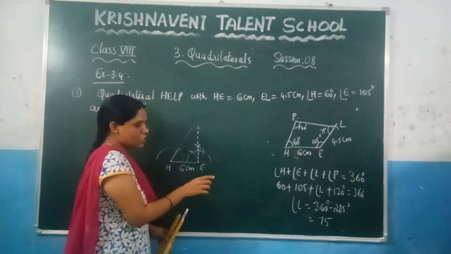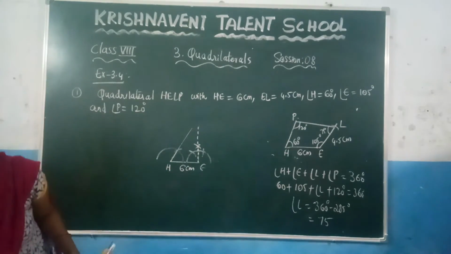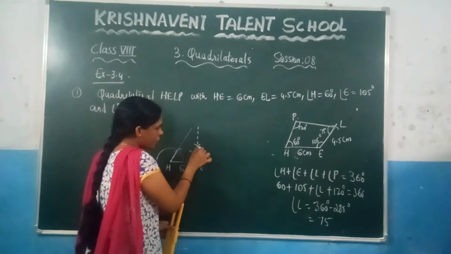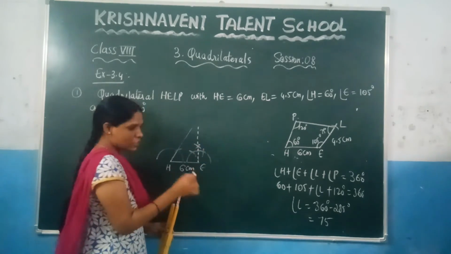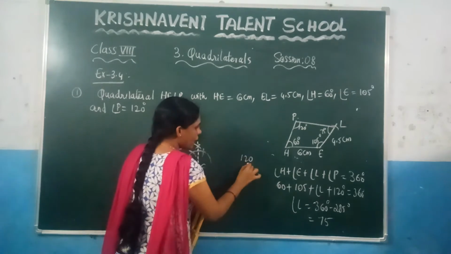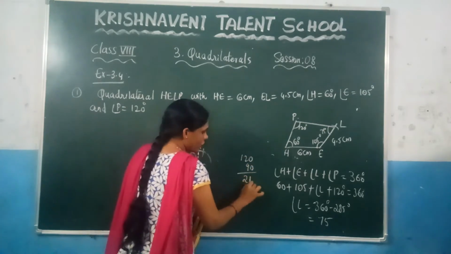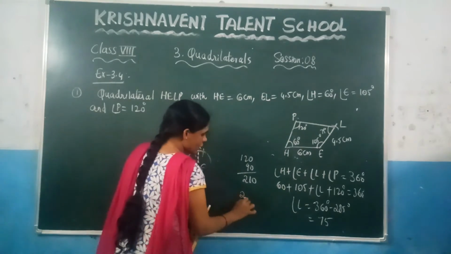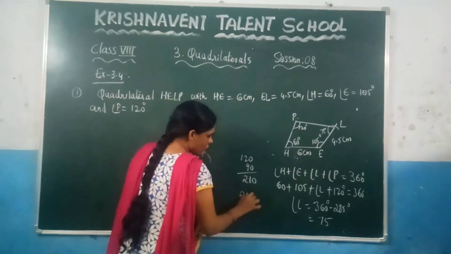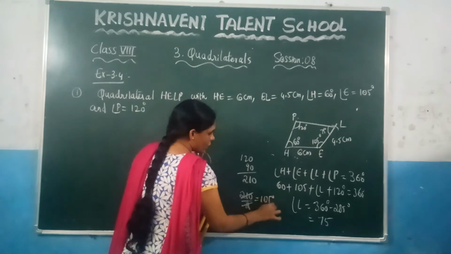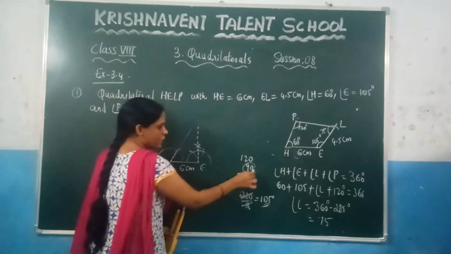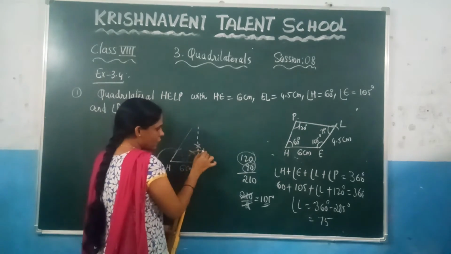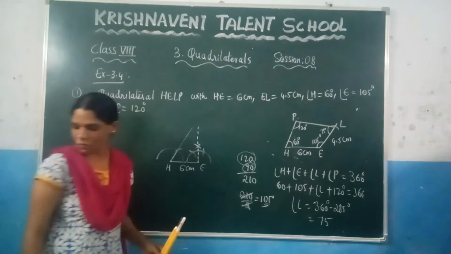So here just now we have calculated how you get 105. In between 90 and 120 degrees you will get 105, right? Just now we have calculated 120 and 90. What you will get? 210. In between, that means if you take half of this value, what is the half? Which is nothing but 210 by 2, which gives you here 105. So here first we have constructed 90. This is 90 and this is 120. In between these two you will get 105.